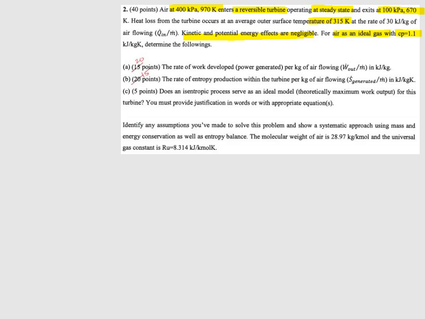Determine the following. In this video we're just going to answer the first question, the rate of work developed per kilogram of air flowing in kilojoule per kg. Okay, so first we're going to list our assumptions, of course. From all these highlighted phrases, we can assume that